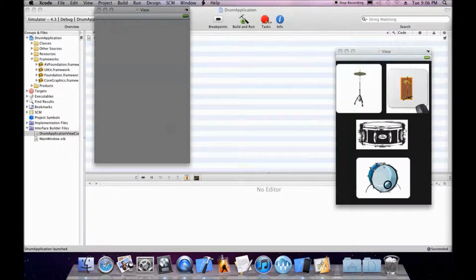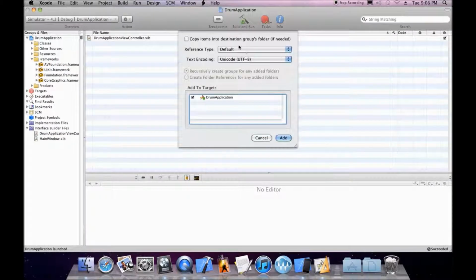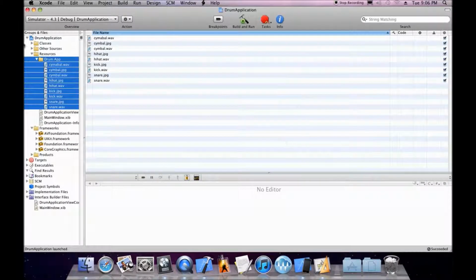And what I did is I put all the sounds and pictures in one folder, and I called it drum app. So what I'm going to do is copy that over. So you'll see this under resources. And they'll say add and say copy, yes. Okay, so now we have cymbals,